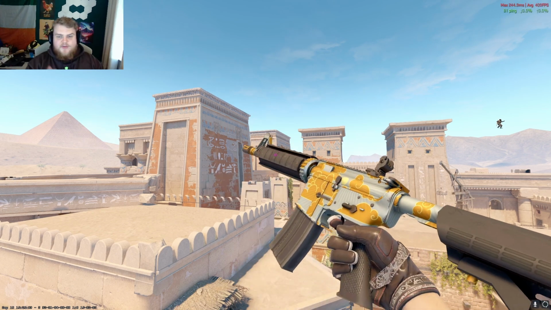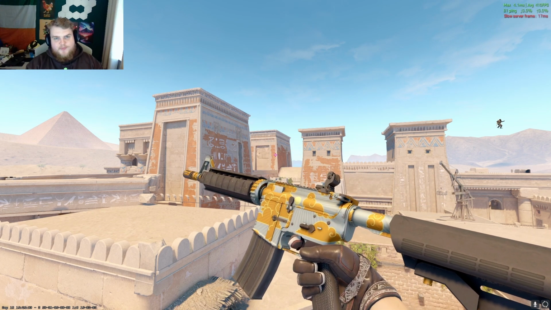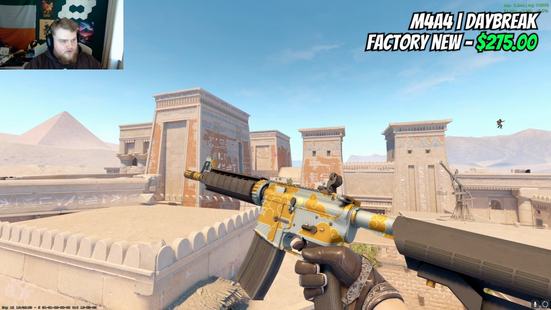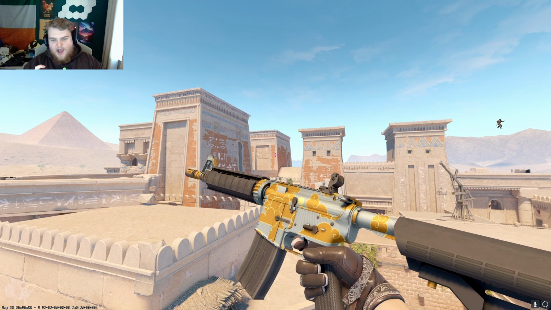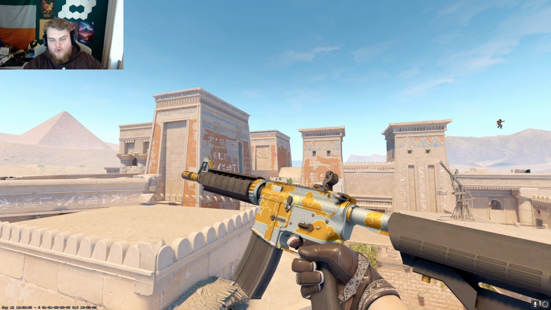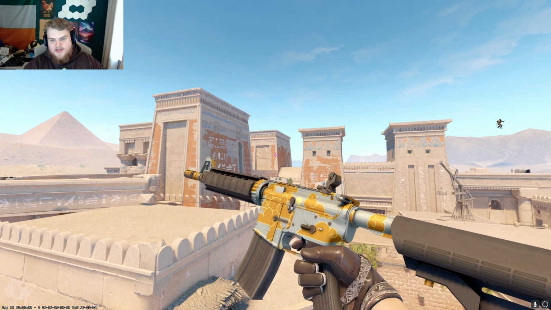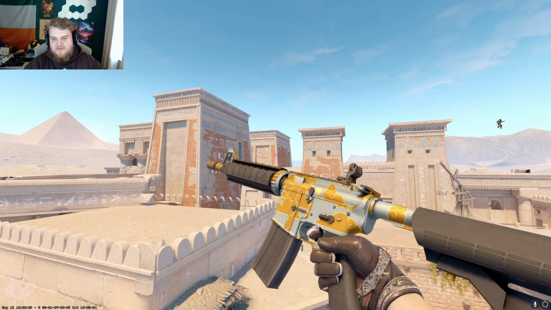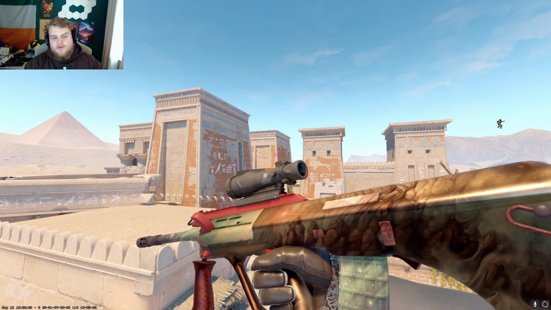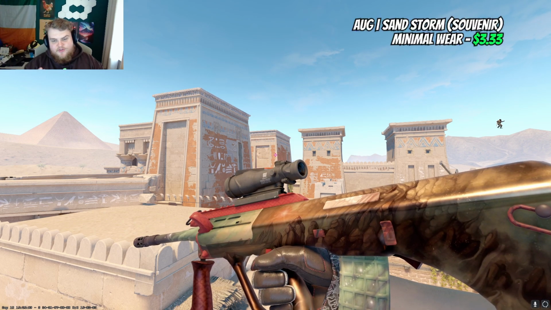And then because I spent so much on the A1S, I wanted to double down and spend a lot on the A4 as well, and this is $275 for the Daybreak in Factory New. I would kind of like the design to go more over the skin rather than only be in the core, but I do think this is cool. You don't see it in game that often. A bit more unique. On the AUG, I'm going to lean into the Sandstorm, specifically Souvenir, because minimal wear,